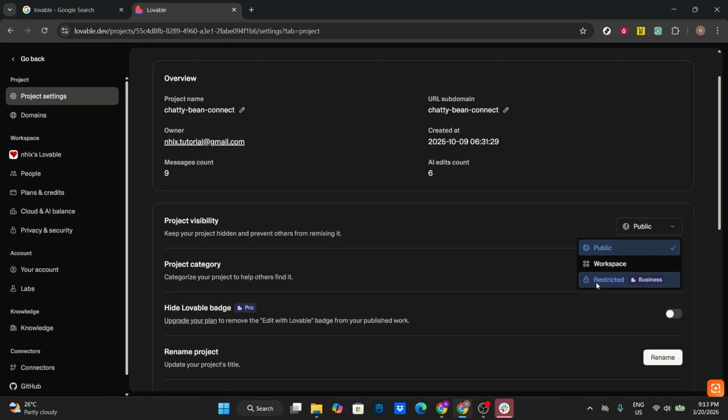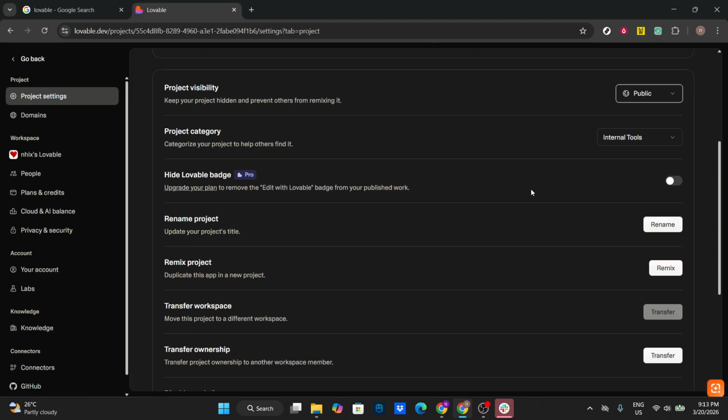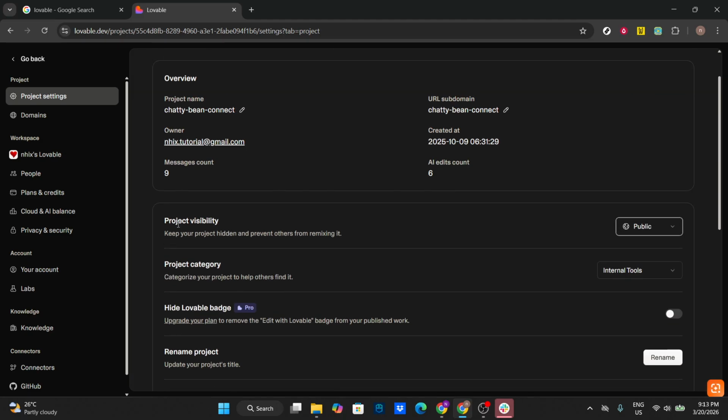That's it. You navigated to All Projects, opened the project's three-dot menu, went into Settings, and switched project visibility to Restricted. This small change can make a big difference in keeping your work